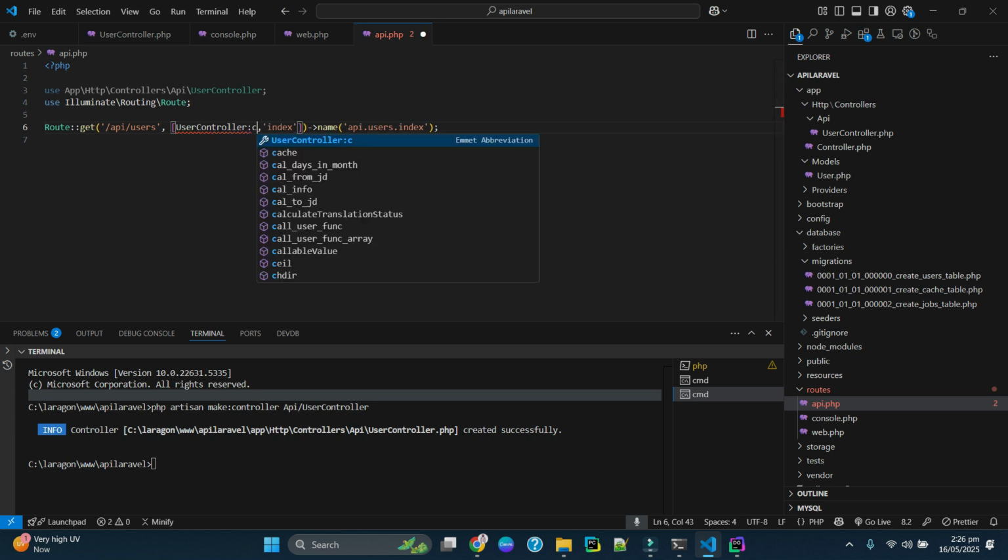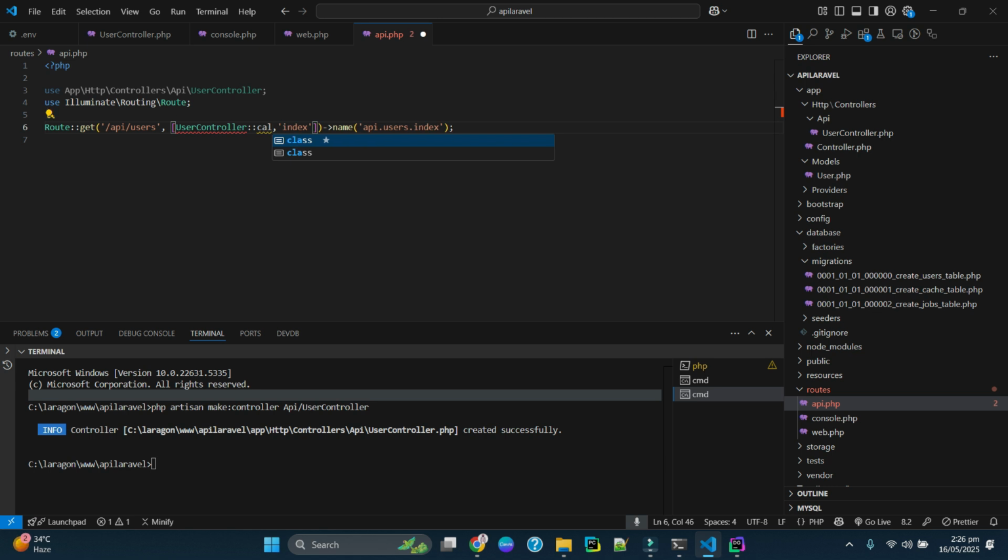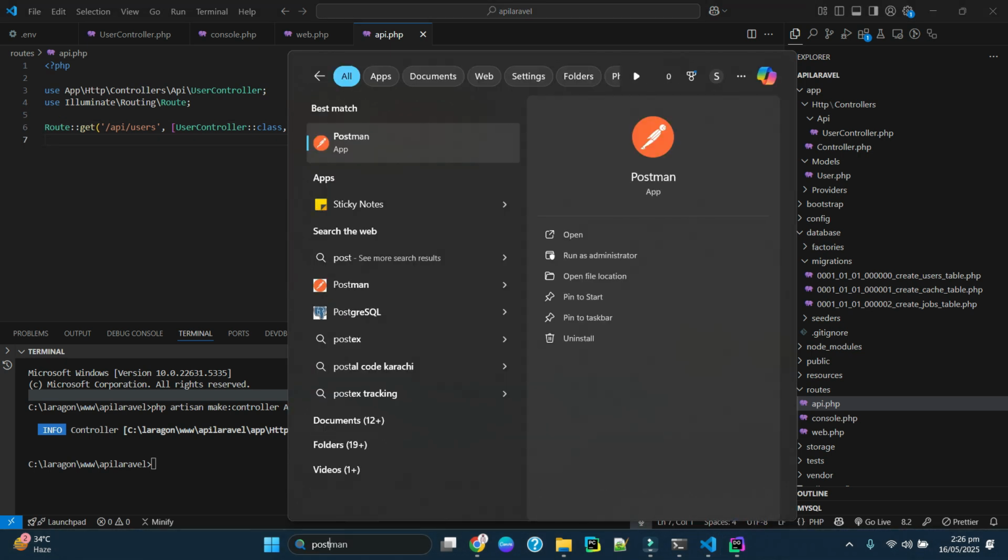I'm saying class. So you have to attach the controller here also. Fine. So if you open Postman,